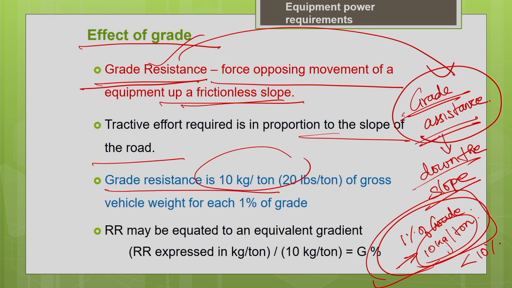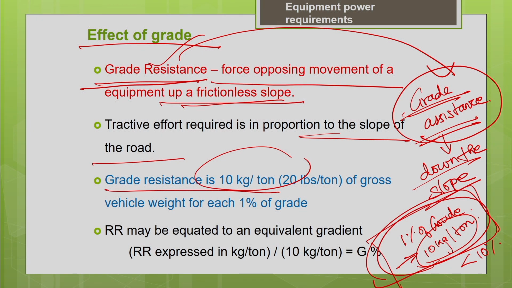There is sufficient information in different literature, which I have cited in the references towards the end of the lecture. You can go through it. You can find the tables which provide you the grade resistance for different percentages of gradient. For different slope percentages, you can directly take the grade resistance from the literature. There are tables provided in the literature, or you can go by the simple guideline also, but this is valid for smaller slopes up to 10%. For every 1% of grade, your grade resistance is 10 kg per ton.